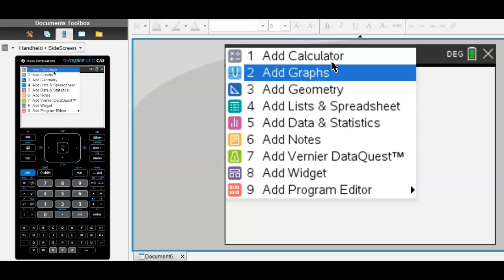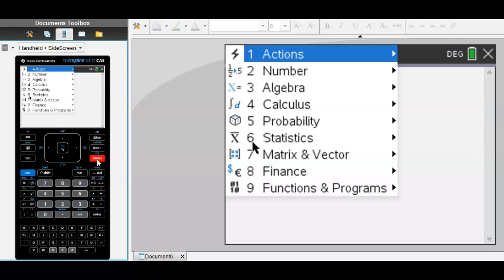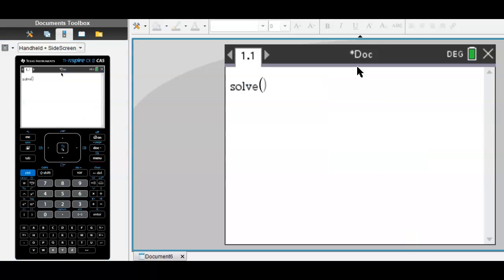All right, we're going to just go to Add Calculator. Here we can do any calculation, so we're good to go. Now, when you're working with just equations you need to solve, we're just going to Algebra and then Solve. Okay, pretty simple. So if I wanted to solve an equation 5x plus 2 equals -8,